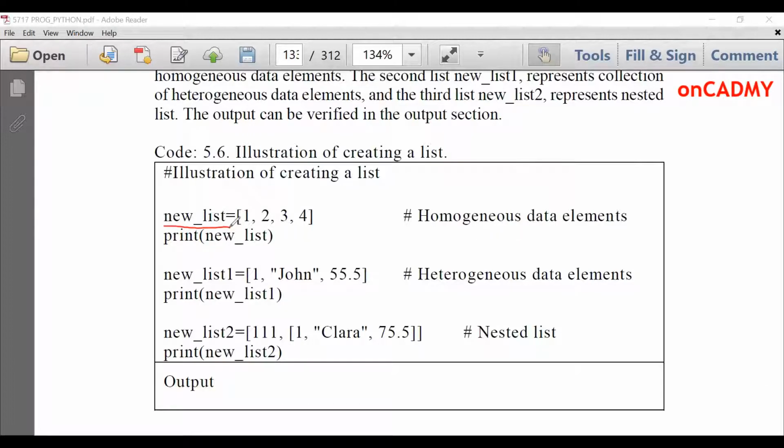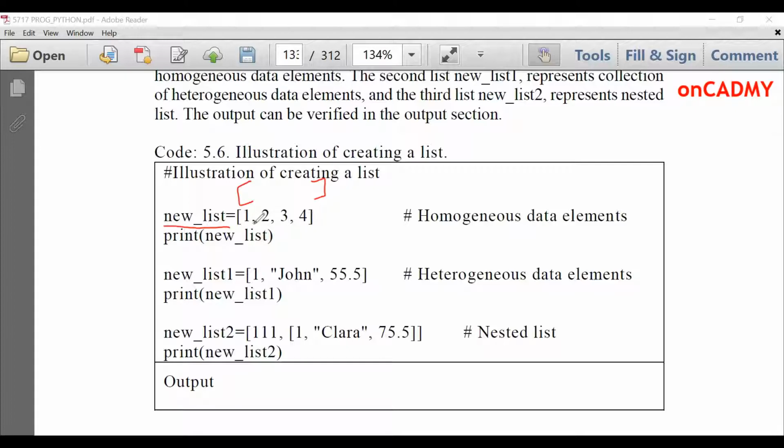You need to understand that we have to give the list elements in square brackets. You can see these square brackets. And then we'll just print new list, and it will give you the output as such. That means it's a list with 4 elements, 1, 2, 3, and 4.